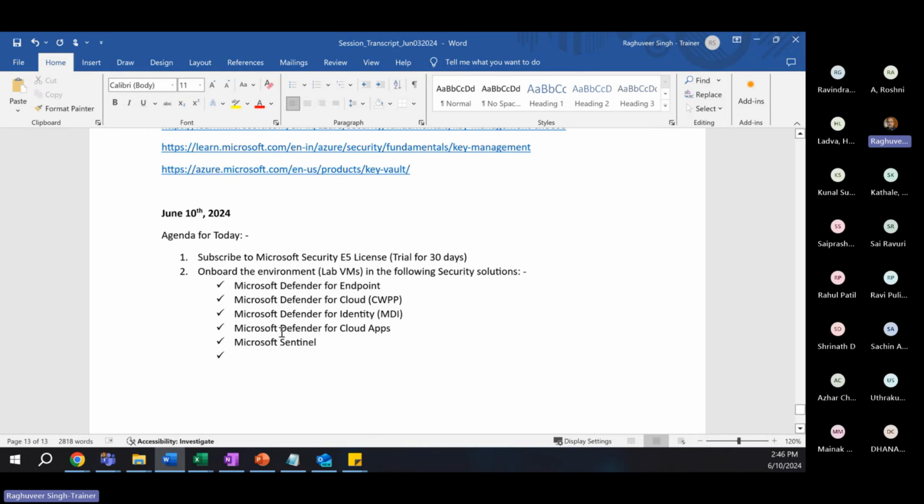There is no separate XDR. It's a collection of solutions that provide a comprehensive security experience. That is what XDR is. So I'll theoretically explain what XDR is. So these are the solutions: Defender for Endpoint, Defender for Cloud, Defender for Identity, Microsoft Defender for Cloud Apps, Microsoft Sentinel, and up to a certain extent, I will also see if I get time to talk about Microsoft Defender